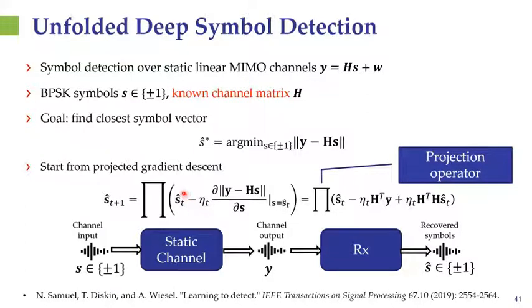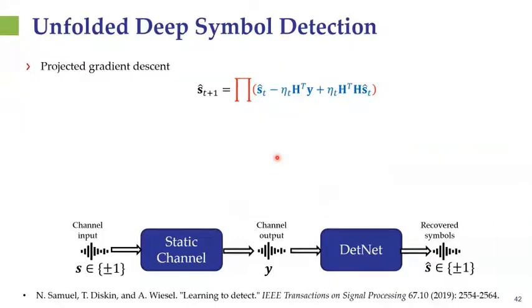Okay, so here at each step, we're taking our current estimate, and we're reducing from it the gradient with respect to the symbols times the step size. Here eta t is the step size, and this pi represents the projection, because these values of s_t cannot take any arbitrary value. They have to be in the set of plus minus 1, to take discrete values. So this is why we need this projection operator, and by taking the gradient explicitly we obtain this expression here, and this is exactly the projected gradient descent algorithm for solving this problem.